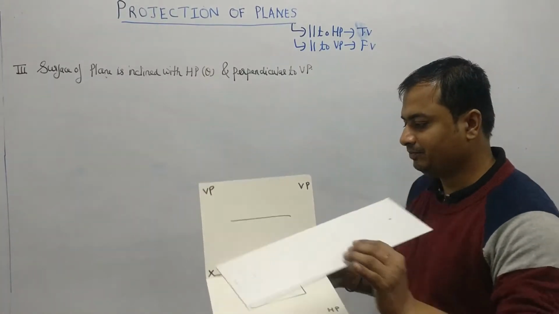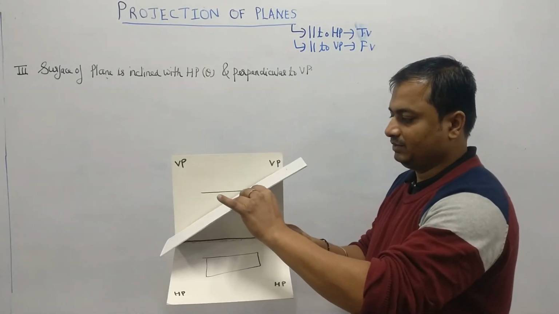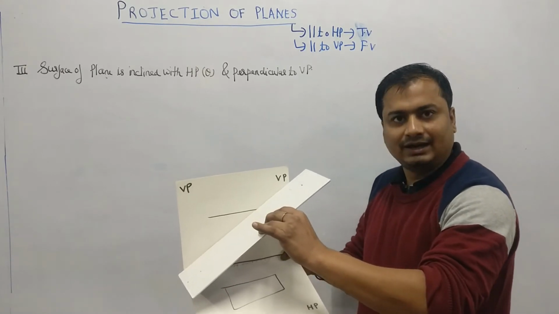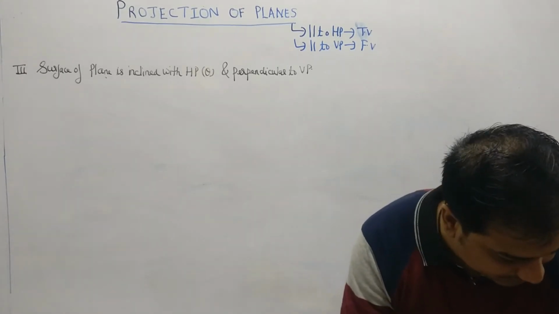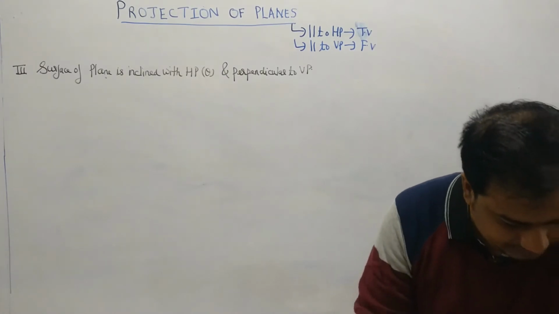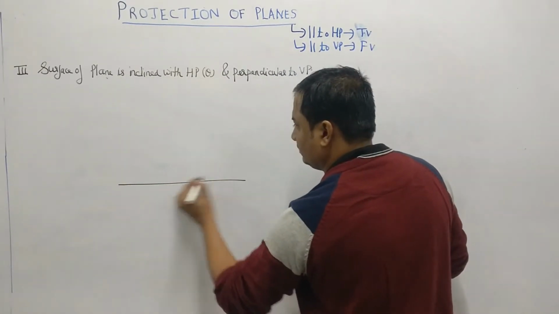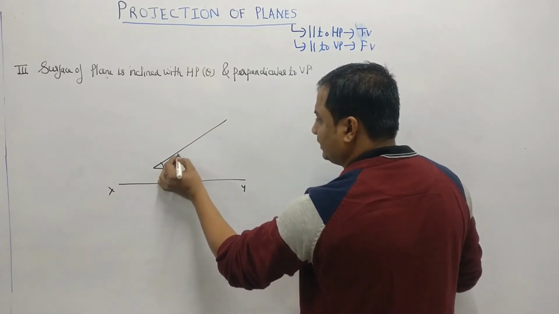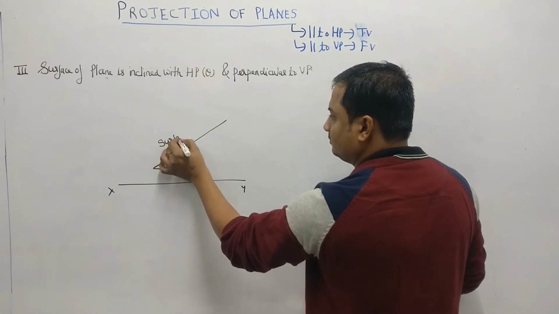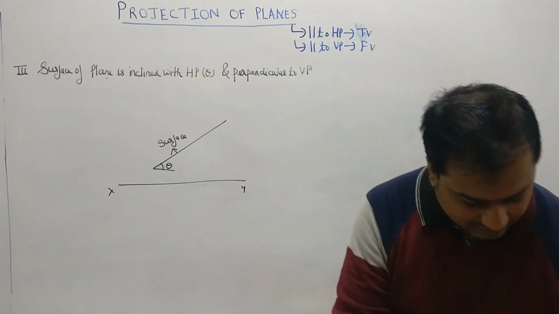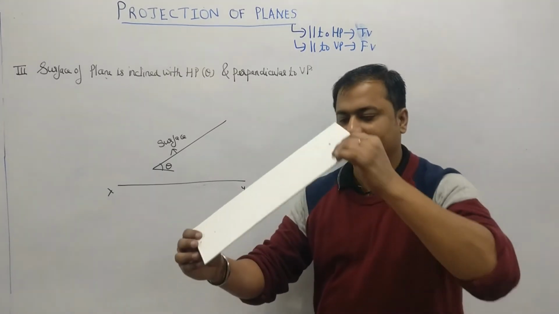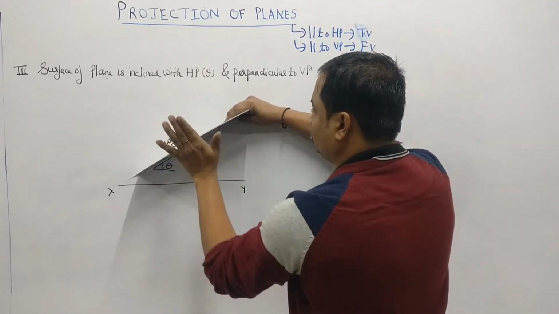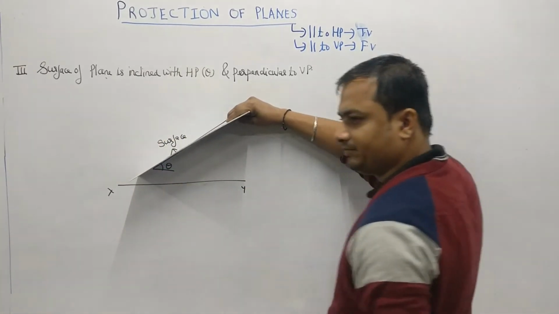This is very easy to understand. So the rectangle is resting like this. Now what will be the front view and what will be the top view? The front view will be an inclined line. If I make the XY line, the front view will be lying like this with angle of theta. This is my surface, the front view will be the surface which is inclined, and it is perpendicular to the VP. So the front view is going to show the line which is the surface length.